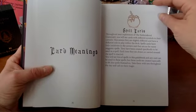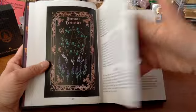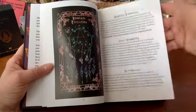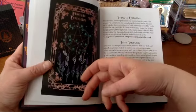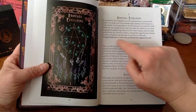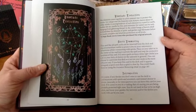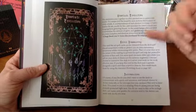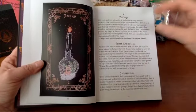Spell cards. Yeah, there we go. Okay, I see this. Oh, wow. A huge thank you to whomever it was that purchased the original artwork. Wow, okay. So let's see the elements. So we have the absolute protection, spirit communing, introspection. Wow. So these each card,